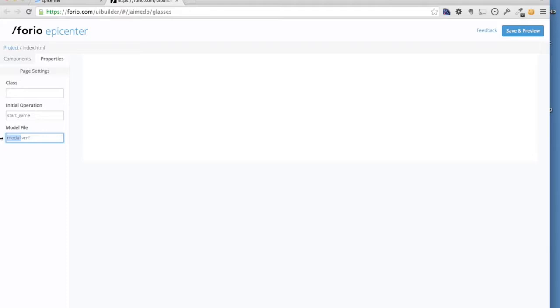There's no limitation on the number of models that you can have on the project, and you can have one page that runs one model and another page that runs another model. So that's why we have the ability to specify the name of the model. So I'm going to just put Google Glasses, which is the name of the model, and then there's this initial